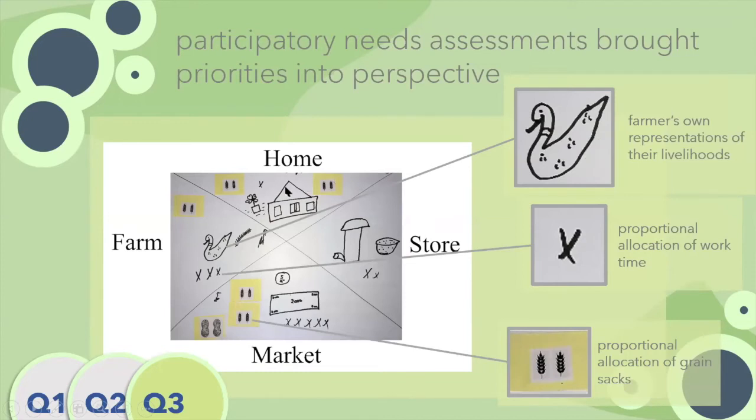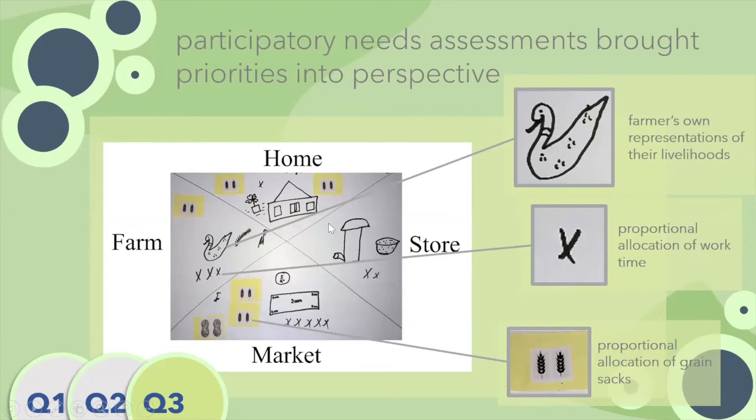And then we had them draw a representation of that domain from their perspective. So you see, they'll draw whatever they think their house looks like, maybe a tree. In the storage, they might draw their silo or a basket. Many times the marketplace meant money, money, money. And farm, on the other hand, was a potpourri of crops, geese, and respective other farm items